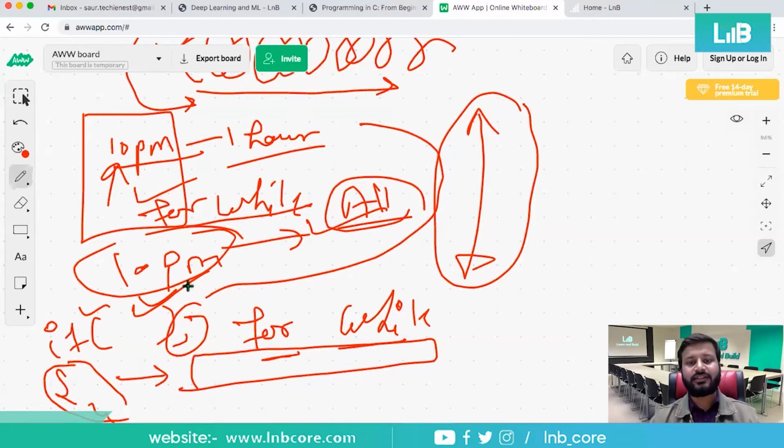Okay, and this is the only difference in different programming languages. So learning a new language after the C programming language will be just a matter of a few days. Not a few days, I would say just a matter of a few hours only, because the concepts will be the same, the methods of implementation or logics will be the same. The only difference would be the format of writing those logics in those languages, and that's it.